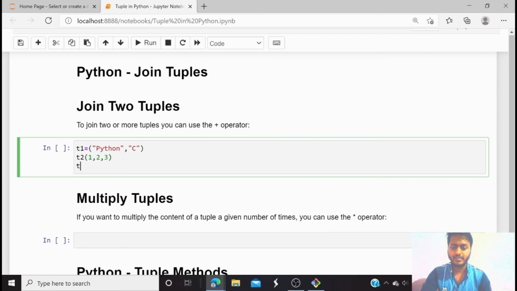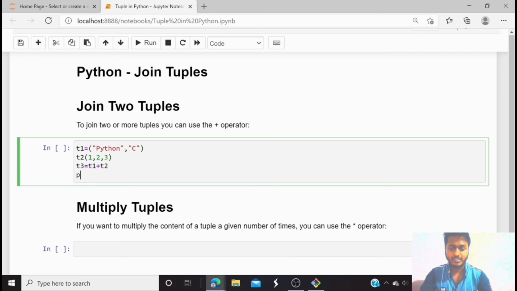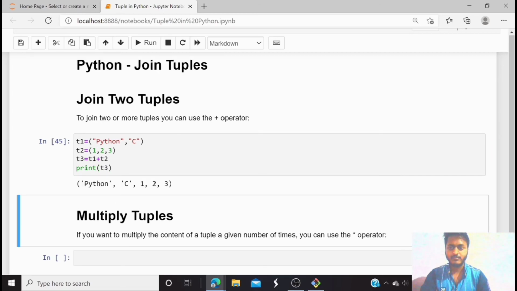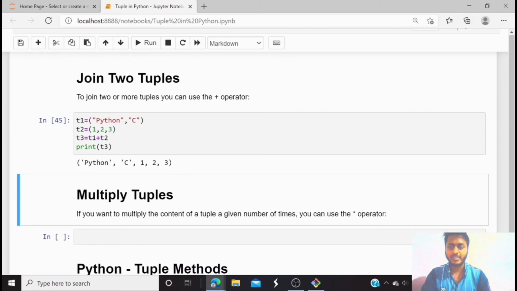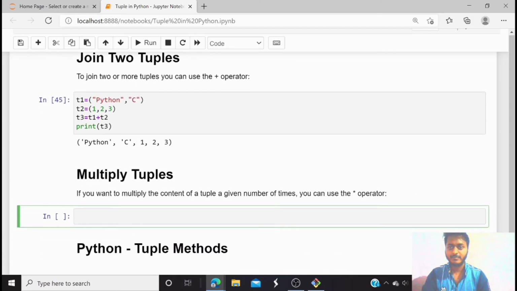Then I am creating a third tuple which adds t1 and t2. I have to just use the plus operator. Let's print t3. Here you can see Python, C, 1, 2, 3 are added into a single tuple, that is t3, which is of type tuple.